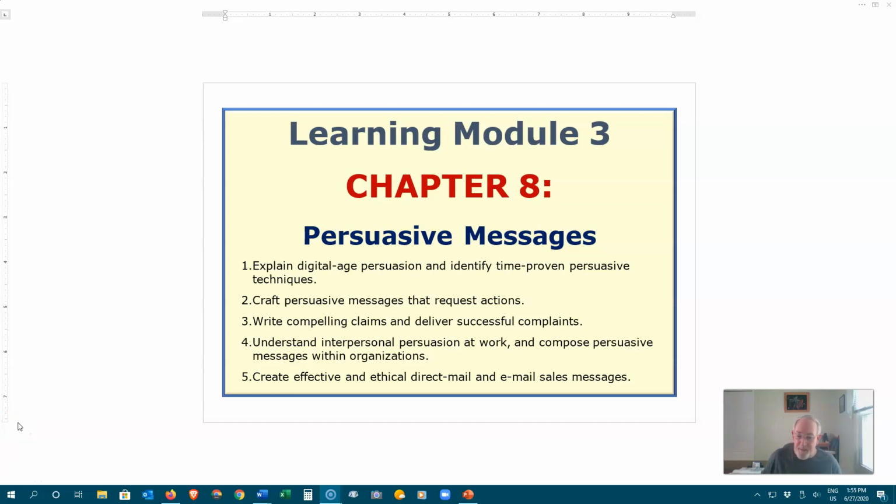What is persuasion? It is convincing others to do something, accept your point of view on a topic, or change their mind. It is rational, logical arguments supported by evidence. It is not forcing or coercing or manipulating people. It is not yelling and screaming.